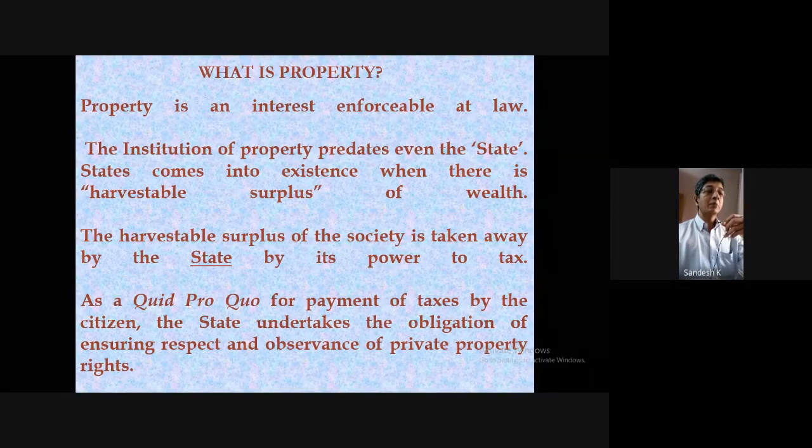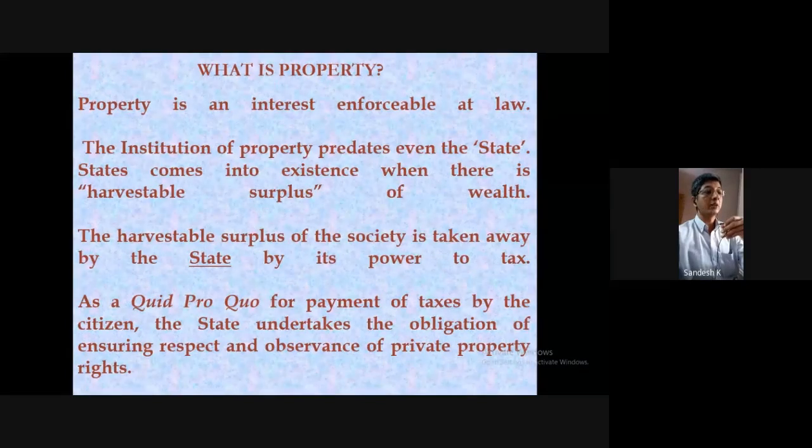And it's a harvestable surplus, because when there is a property, whatever the property you say, that should be useful for a society. And the state has to get a benefit out of that. So when we say intellectual property rights, the government gives you a protection, saying you disclose the patent, whatever innovations you are having, we give you the protection.